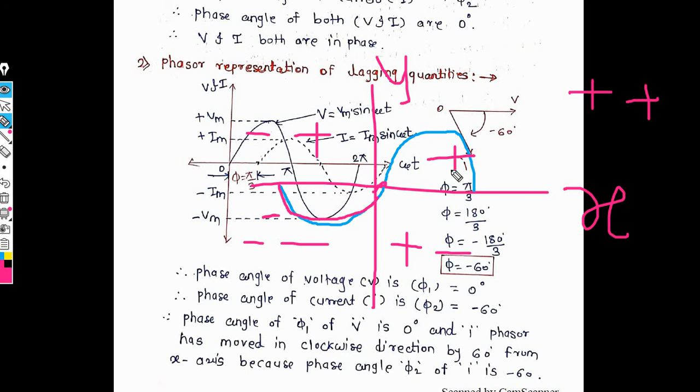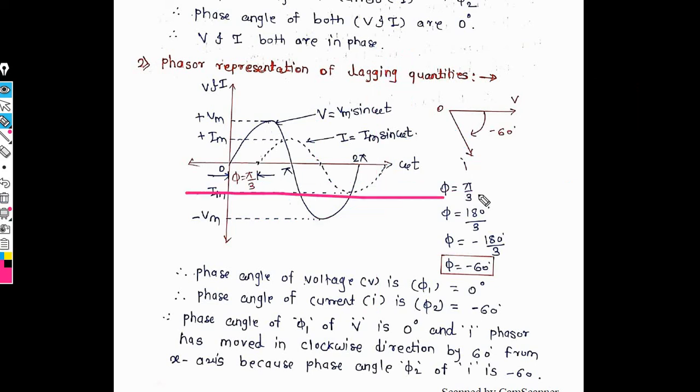Each angle depends on the direction of the phasor. Now this is the very important thing: the direction of the angle depends on the direction of the phasor. The waveform starts from this point to this point, and the initial angle is negative from this point to this point. Then again this point will be crossed here, and the x-axis here is positive.